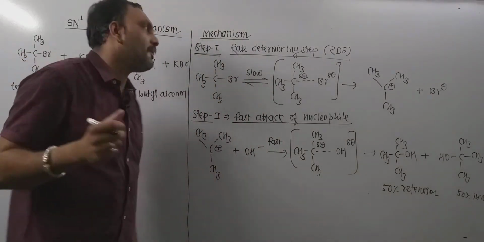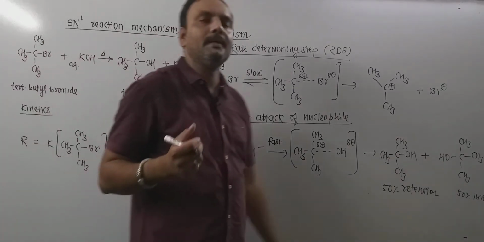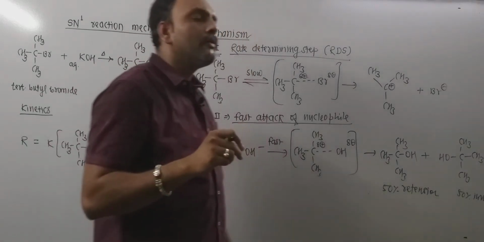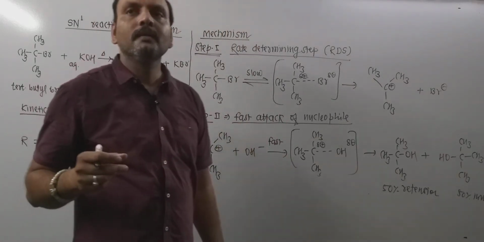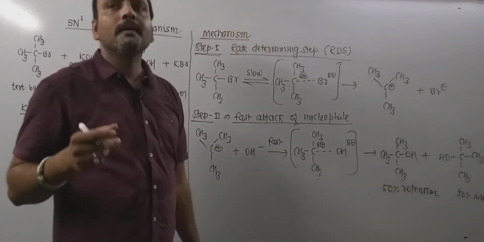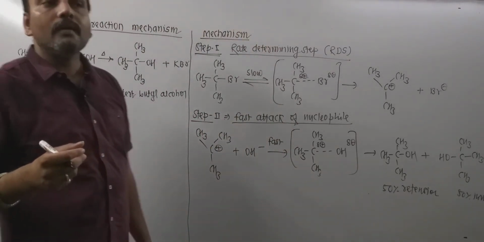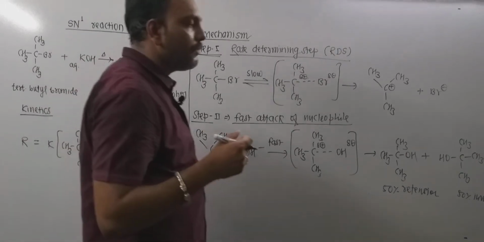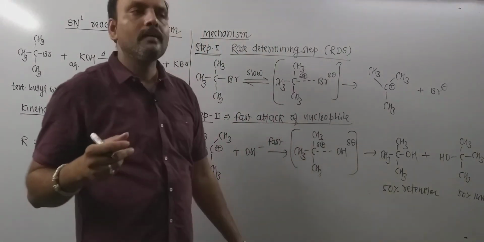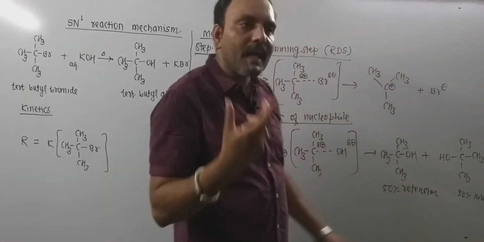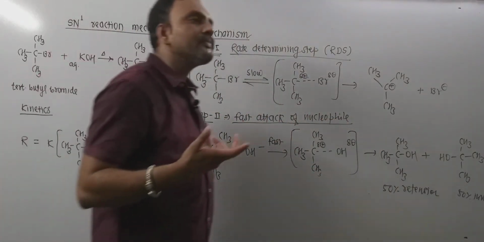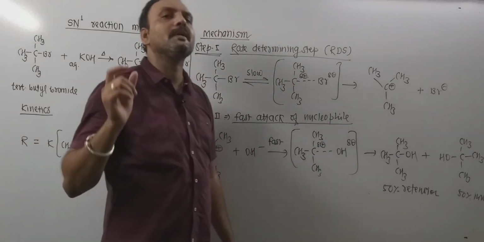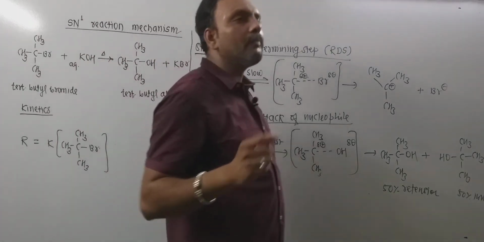What it means is, if instead of tertiary butyl bromide, an optically active halide is chosen and allowed for alkaline hydrolysis following the SN1 path, then 50% product would be dextrorotatory and 50% levorotatory product would be obtained, as a result of which, if the entire 100% product is concerned, then that would not show any optical rotation, I mean a racemic mixture would be obtained. Therefore, in SN1, racemization takes place.